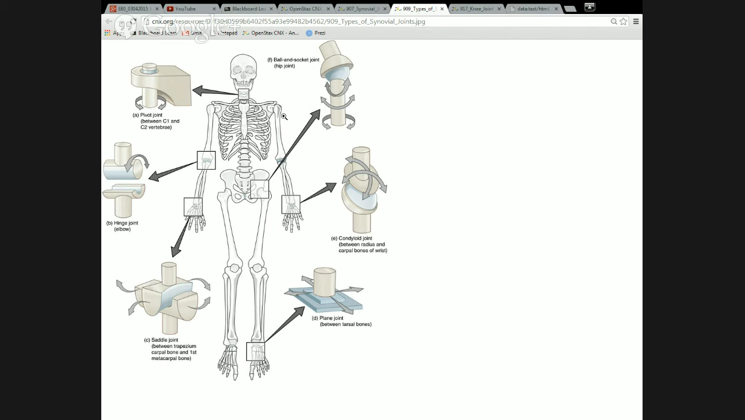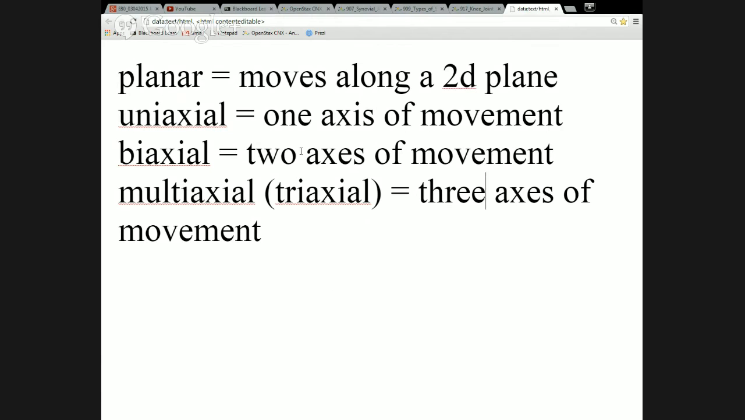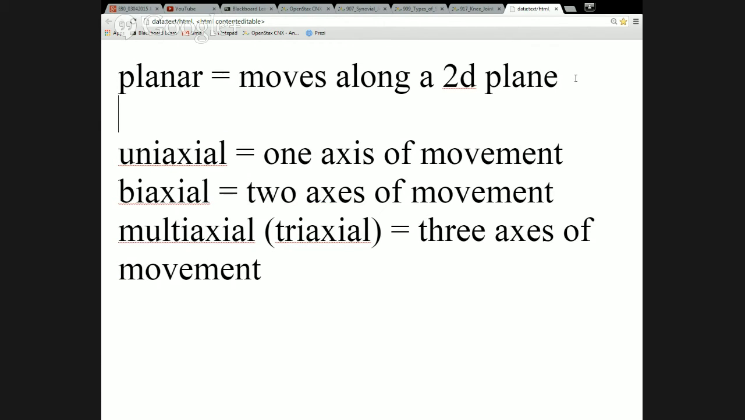The same sort of thing can be done at the hip. Okay, so you can do the Rockettes kick like this, or you can do this, or you can rotate like that. Okay, so those are all movements of a multi-axial or triaxial joint. Again, multi-axial is the more common way to refer to it. So I said I was going to write all that down here, and let me just put them under